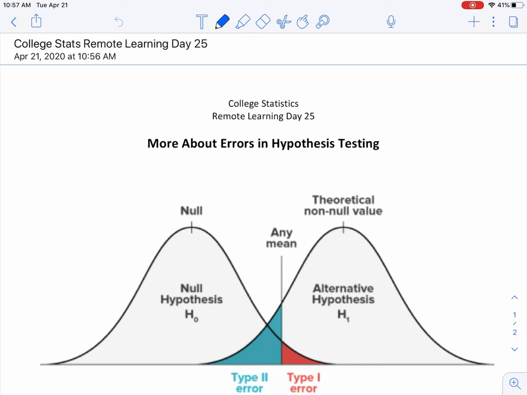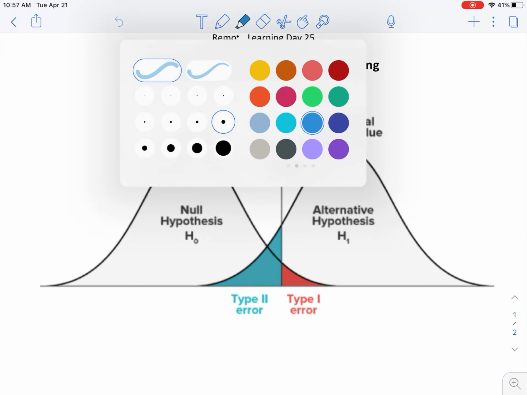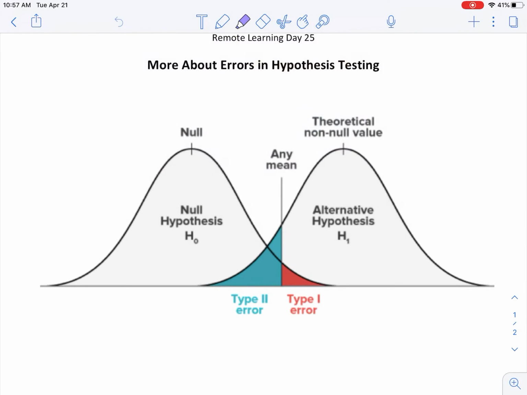Just one more day about errors and power. Just want to show you this. If it's confusing to you, it's fine. It can get a little confusing. I just wanted to show you these two normal curves, and just as one other way to think about errors, a type 1 error, which you see down here in blue,